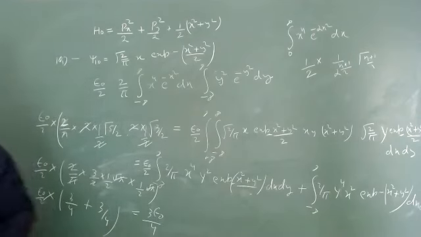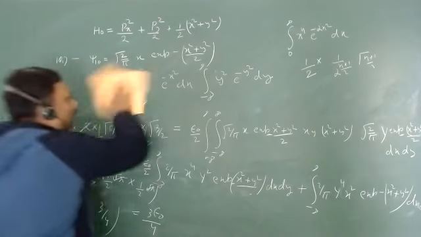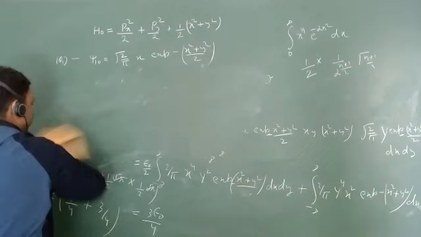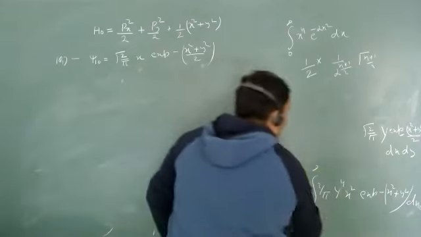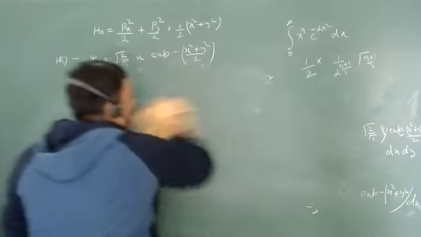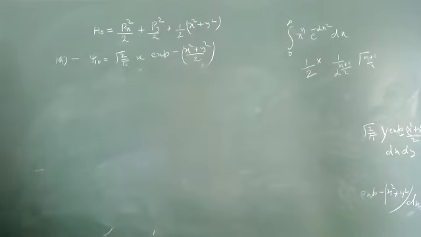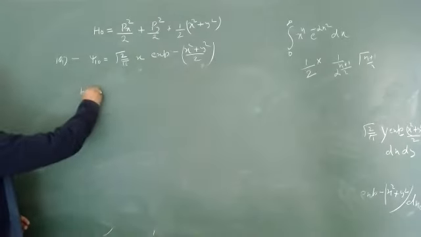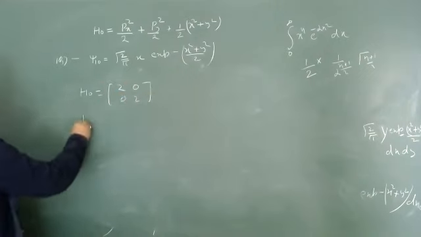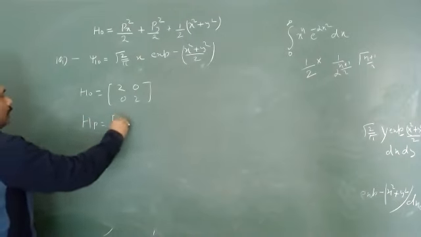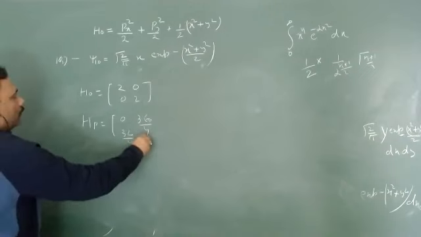Yes sir. And please do this calculation with yourself, okay? This can never be memorized, you will have to do it again and again. So I am doing this calculation from last 12 years, but every time it will take the same amount of effort. Okay. So what is my H0? My H0 is basically 2002. What is my HP? HP is 0, 3 epsilon by 4, 3 epsilon naught by 4, 0.